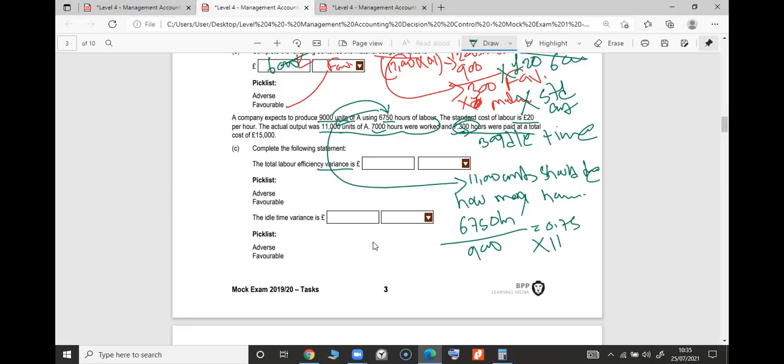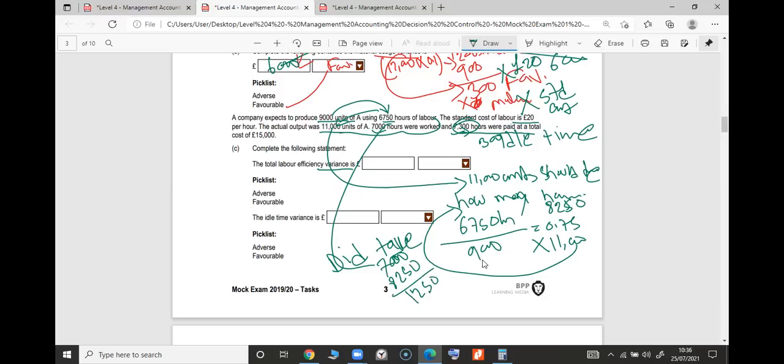So for 11,000 units, it should take. Everybody's saying 8250. I'm taking their words. How many hours should have been taken? 8250 hours should have been taken, right? Should have taken. But how much did it take? Did take is always given or mostly given. Yeah, that's true. Yeah, 7,000. Now tell me, favorable or adverse? The first thing first. It should have taken 8250. Of course, favorable. Thank you, Maha, Umit, and everybody. Favorable by 1250 hours.